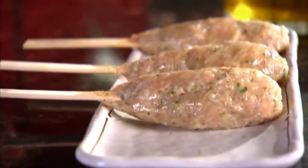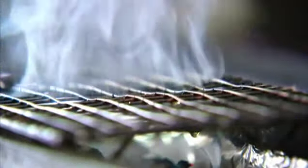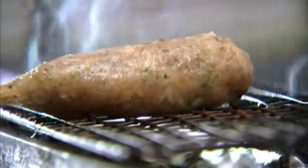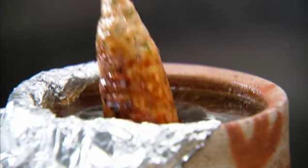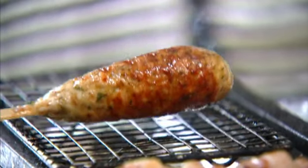And the technique on this robotic grill, because it's such high heat, is you need a lot of oil so that your protein won't stick. But what Chef Endo does is he taps it on the grill, so you form a skin on the outside of it, so you can finally put it down and it won't stick to the grill. It's then dipped into a container of teriyaki sauce and placed back onto the grill. But by dipping it in after slightly cooking, the chicken has a perfect caramelization, and there's no chance of it